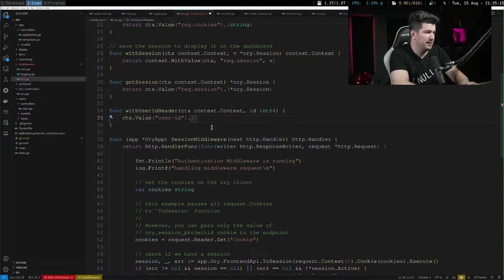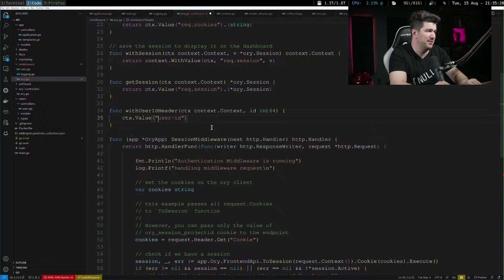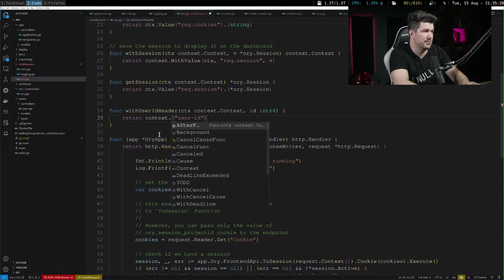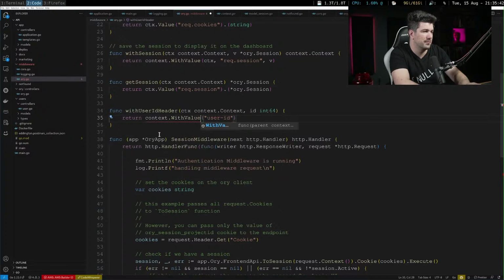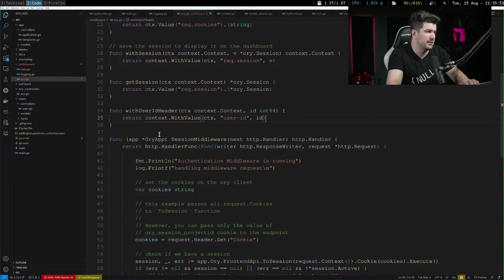I don't like this. Let's not do it like this. Let's do with value. I feel like with value is the cleaner way. I did it two different ways. I think this is maybe cleaner since we're just taking the session, but I think probably ID. I think that's cleaner.